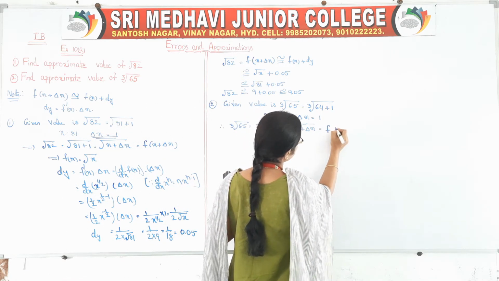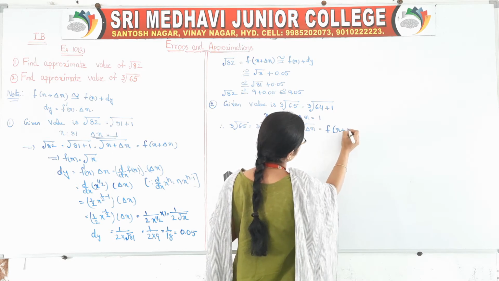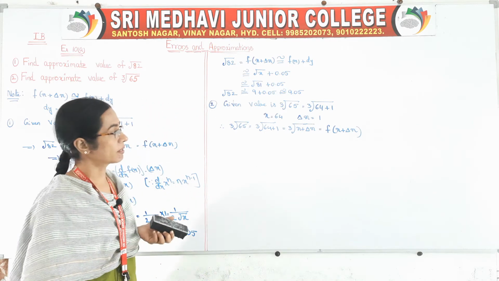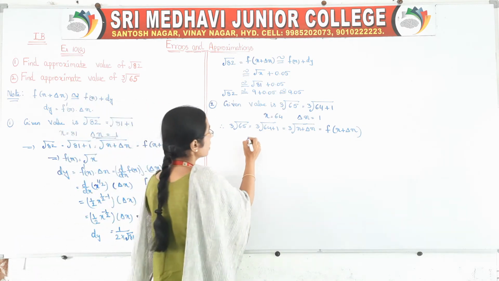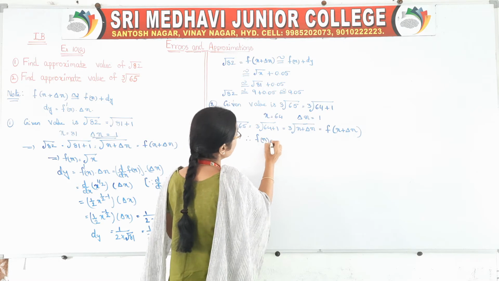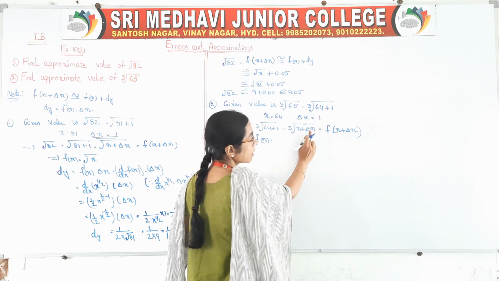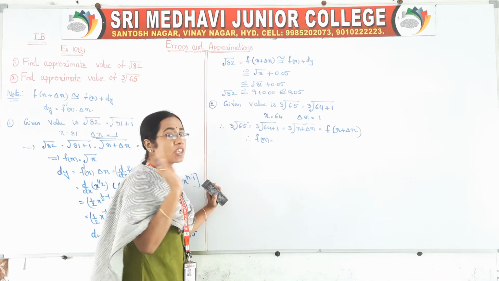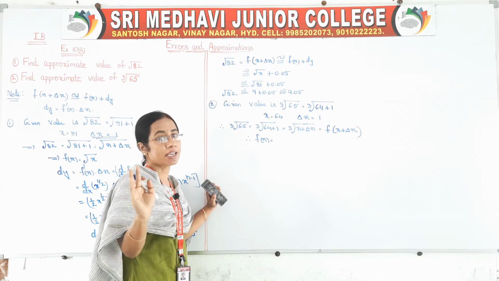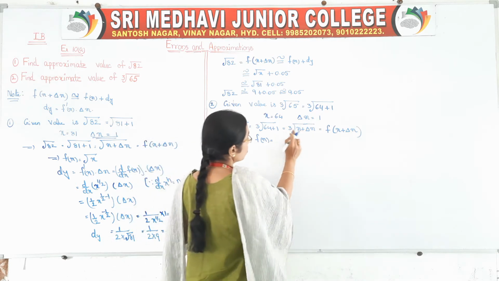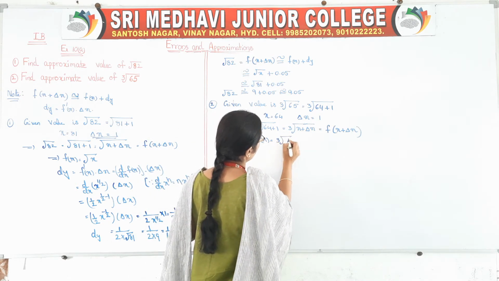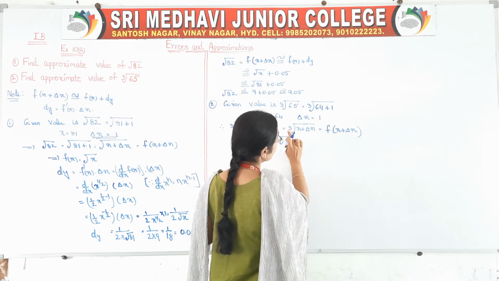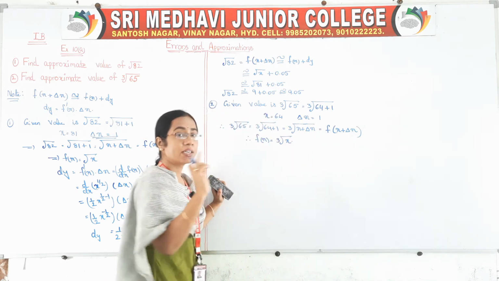So we will write this as a function in terms of x plus delta x, which means f of x plus delta x. So therefore we can write our f of x. If f of x plus delta x is cube root of x plus delta x, f of x is just the x value, don't take delta x from that equation. So it is cube root of x.